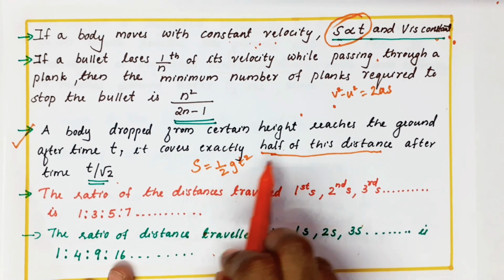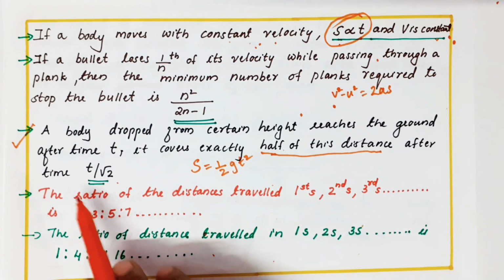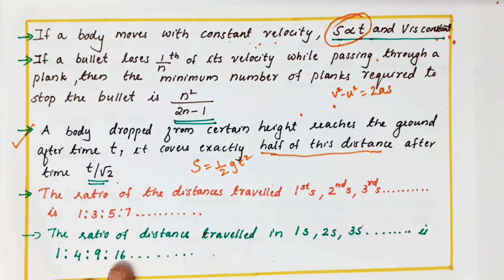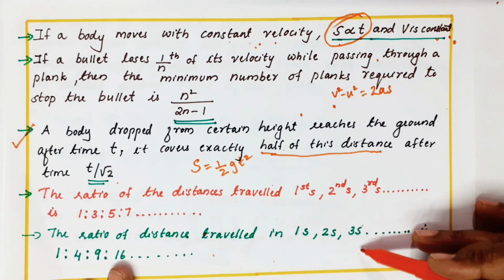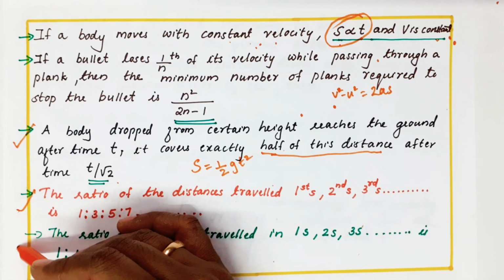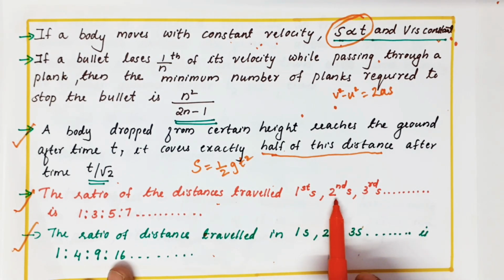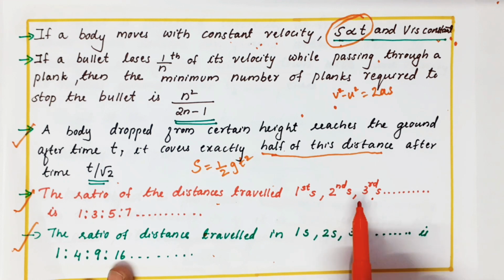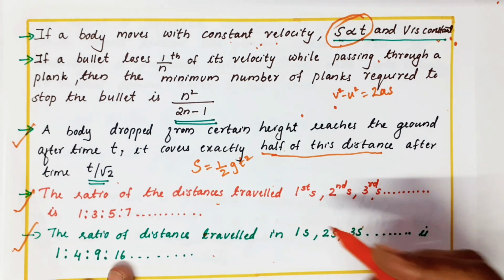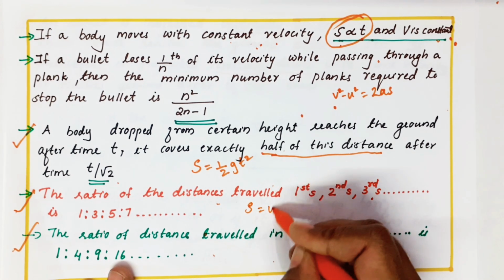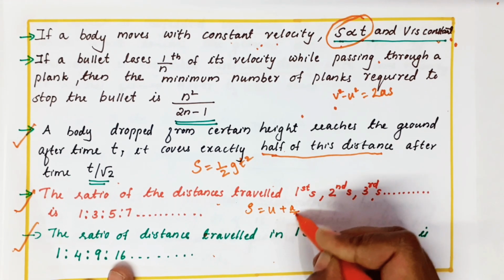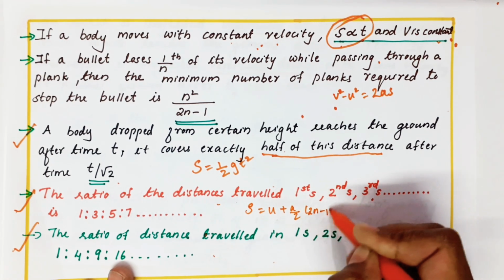It covers exactly half of the distance in a time of t by root 2. Then these two ratios they can also ask for the exam. The ratio of distance traveled in the first second, second second, third second, it means we are using which equation? Third equation, that is s is equal to u plus a by 2 into (2n minus 1). If you substitute, I get an answer as